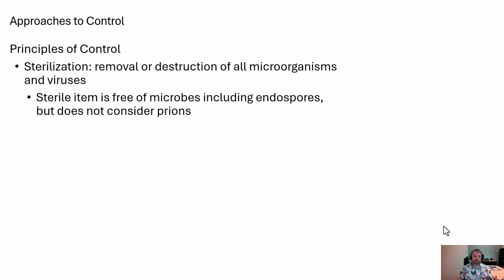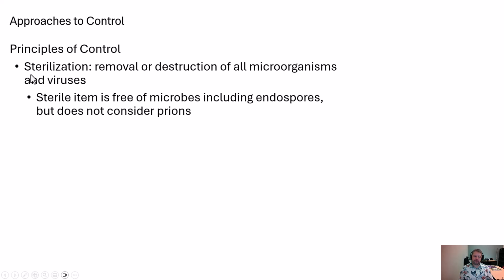So the goal, often when we're talking about control, the ideal goal of control is sterilization. Okay? The goal is to sterilize the equipment, sterilize the facility, sterilize whatever it is, to destroy all microorganisms and viruses. So in this case, we call them microbes, all of them. So sterile items must be microbe free, no microbes, including the endospores. And when sterilization first came about, we hadn't discovered prions, but we sometimes don't consider prions. But I'll tell you this,